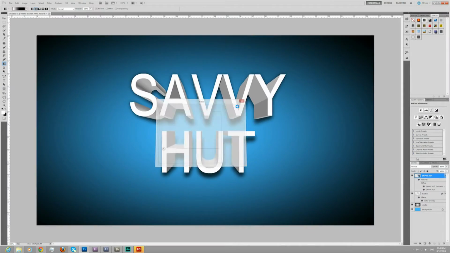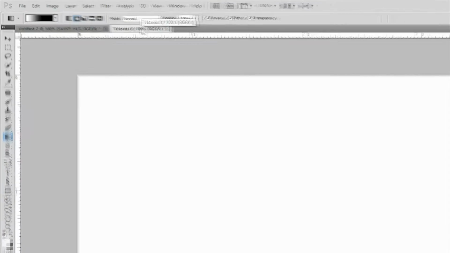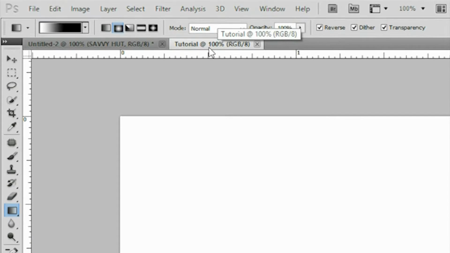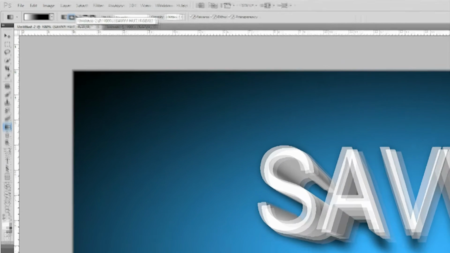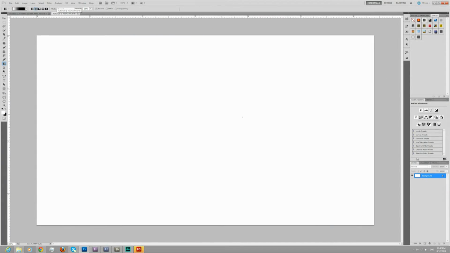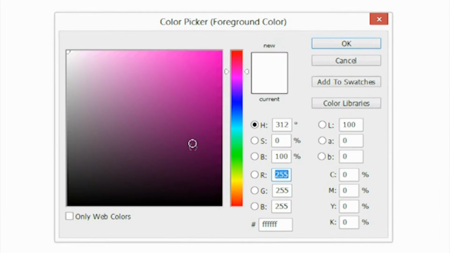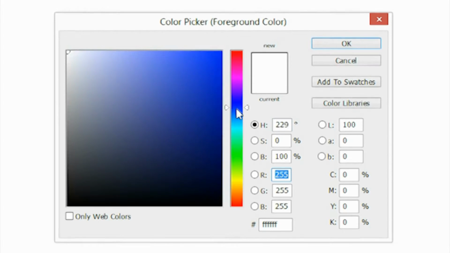So I'll click OK, and you'll see up here in the tab it created, this is my tutorial, my new project I just created. It also kept the old one, so I still have this to refer back to. So the first thing I did was actually just add a color to the back of my document. I'll left click on this, as this is my color picker. If you left click the foreground color, you may start off with a different color, but you'll see a color palette. If you left click on this side, it's going to give you a color hue that you can choose from. To create what I had in the beginning, I'm going to choose something around this blue color here,